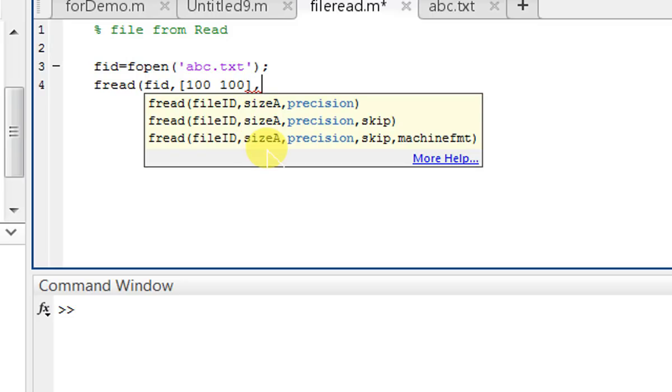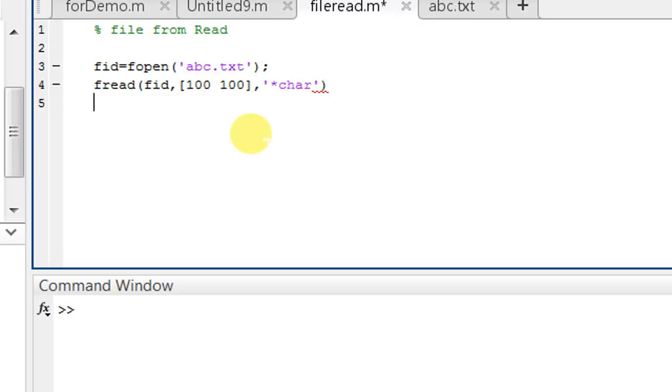Now which format does that file belong to? That is character format. For character precision we have to use *char, and after reading the file we have to close it using the function fclose. Which file do we want to close? The FID file.